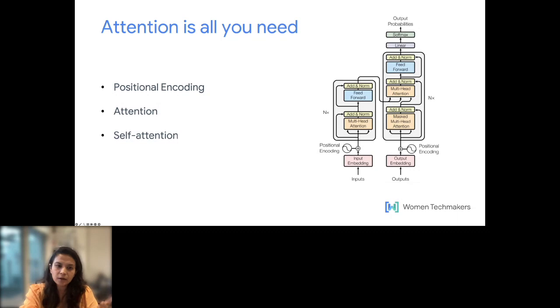Attention was there even before this paper was introduced. The main concept which this paper introduced, and which basically changed how large language models work, is self attention, and we will see how that works in the future slides. Transformers is an encoder decoder style architecture. We will also look at the encoder decoder style architecture in the next slides.